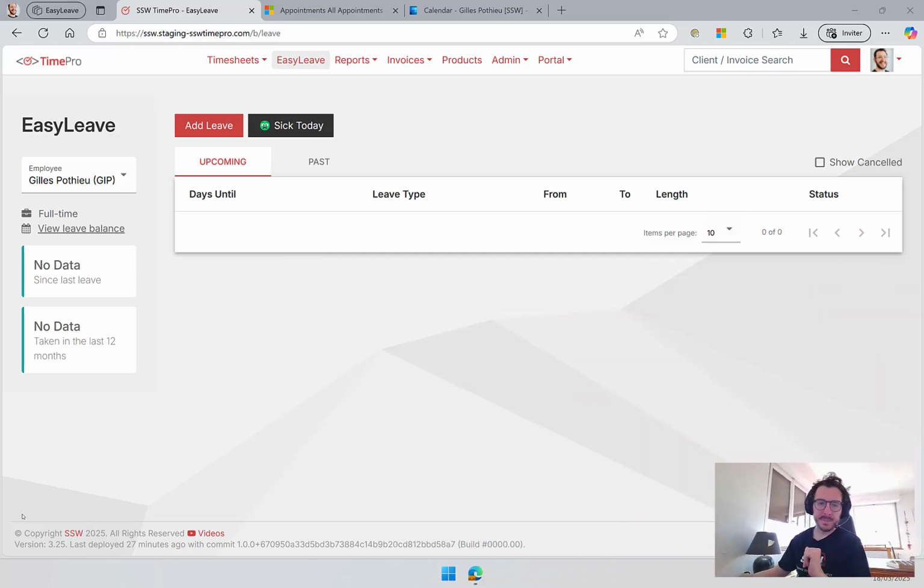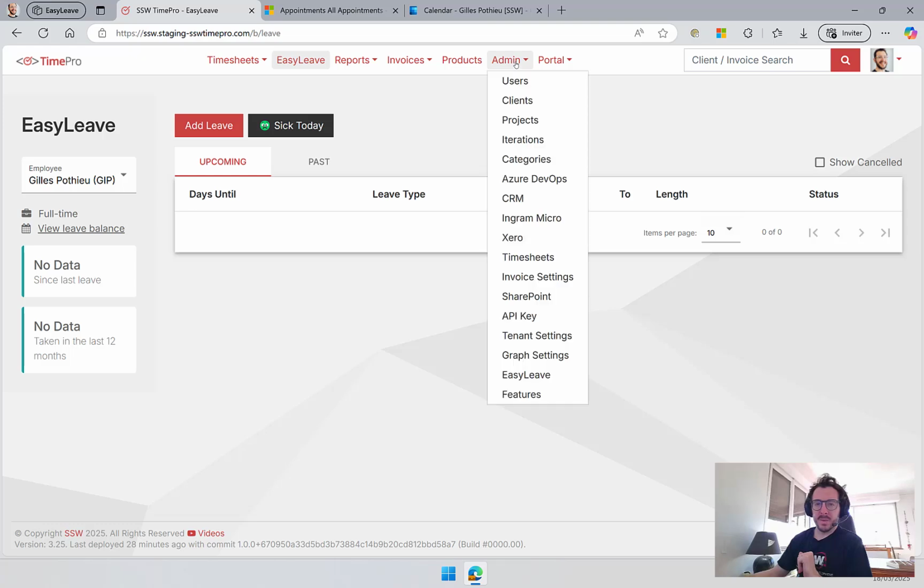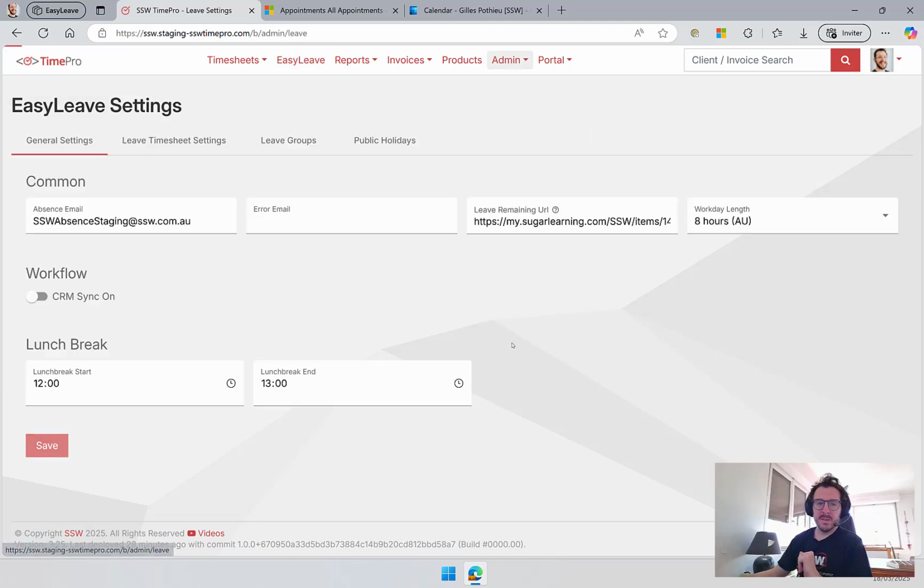It looks like. Let's jump on my SSW TimePro application. Here we are on my EasyLeave dashboard, which is empty right now. You can easily add some leave by clicking on the Add Leave button here, but this is another topic. Right now, let's focus on creating or managing public holidays leave. Let's click on the Admin button at the top, click on EasyLeave, and you will land on the EasyLeave settings